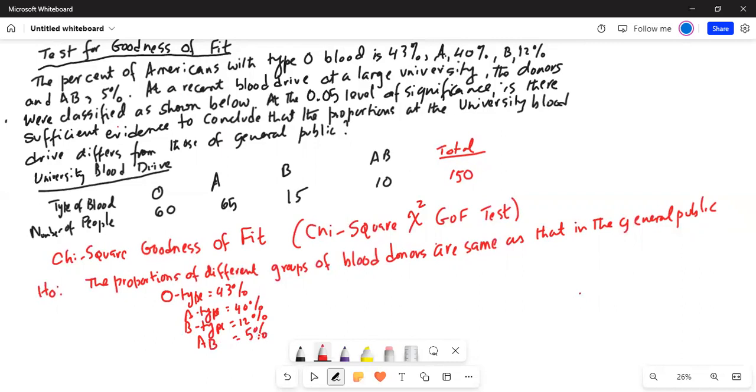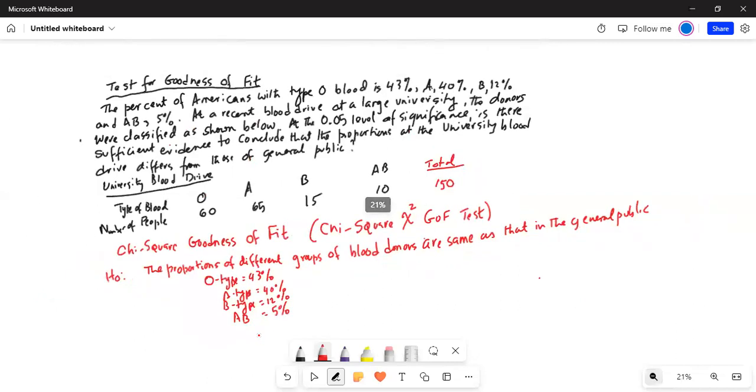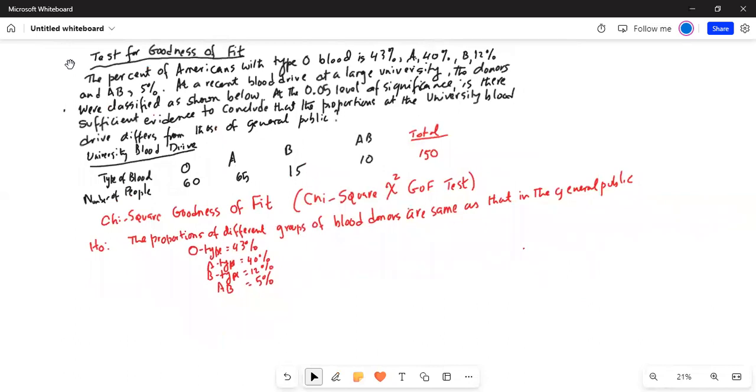Okay, now let me create some space. And that's your null hypothesis. So the null hypothesis states that the proportions of different groups of blood donors are the same as in the general public. Okay, and the alternate hypothesis